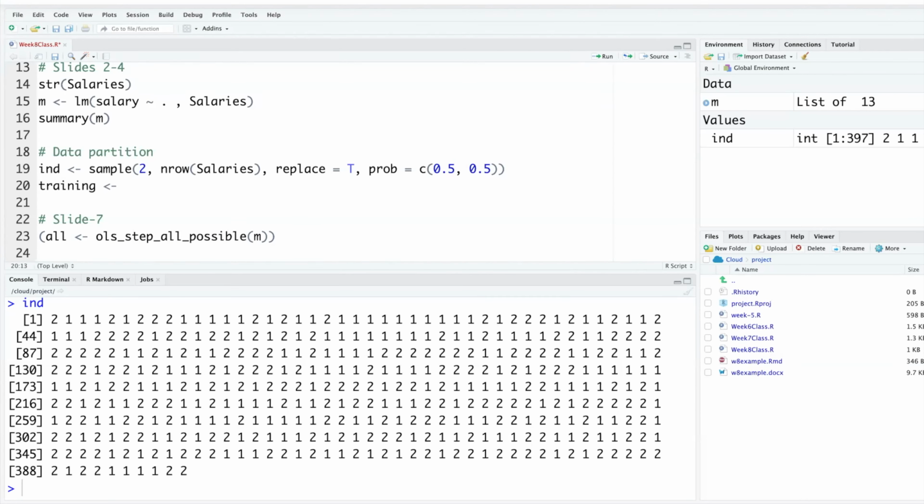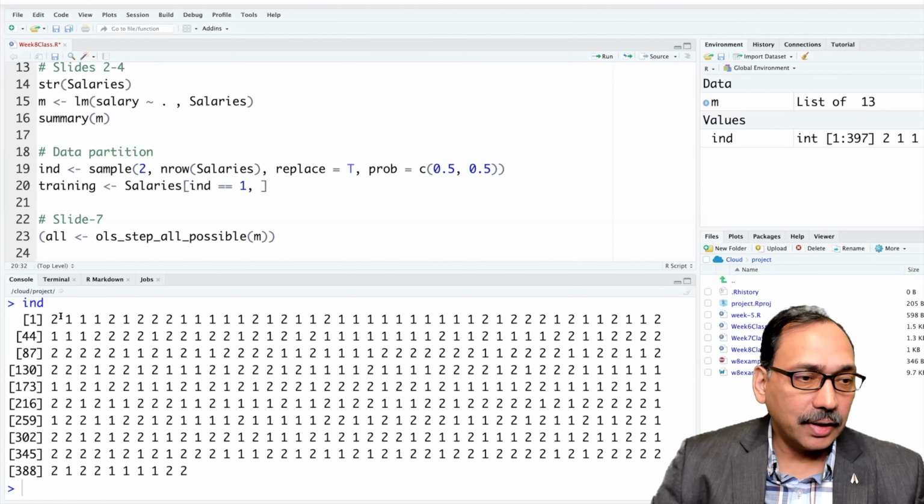And what we are going to save in training data is salaries, and within salaries, with a square bracket, we can say IND equals. Actually, for equal in R, we have to say equal equal. When IND is equal 1, that's which row. And then after that, if you put a comma and enter nothing, it means that we want all the columns, but only those rows where the numbers are 1.